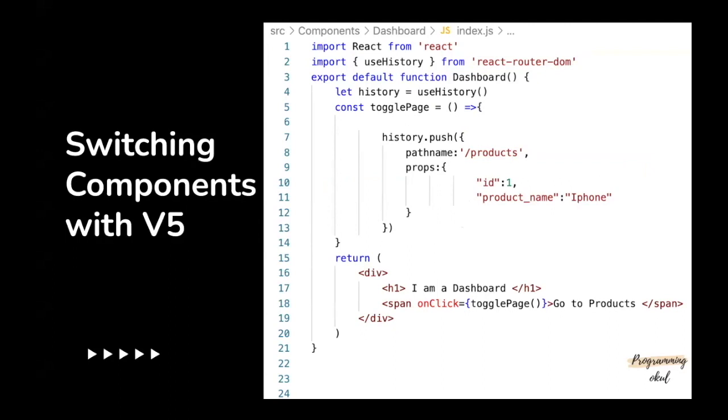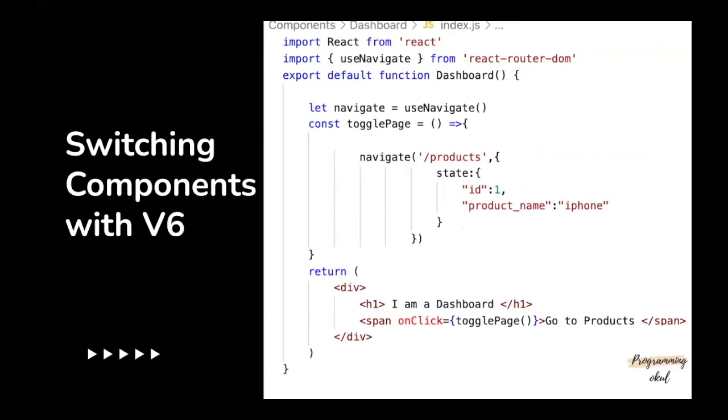But what has changed in React Router version 6 is instead of useHistory, we are going to use useNavigate as a hook. And then we are going to store this in a variable and then pass some arguments to the navigate method.